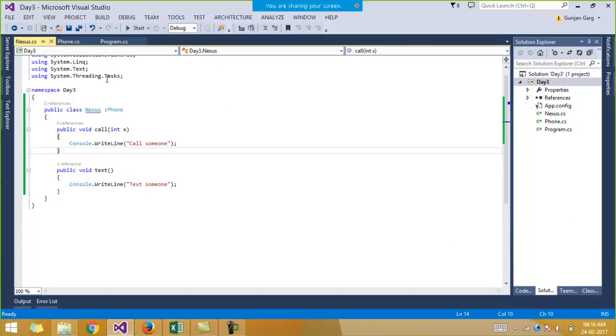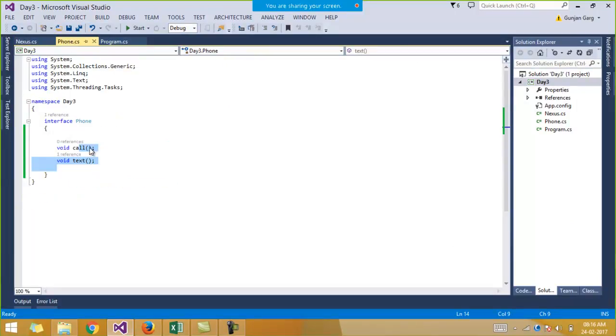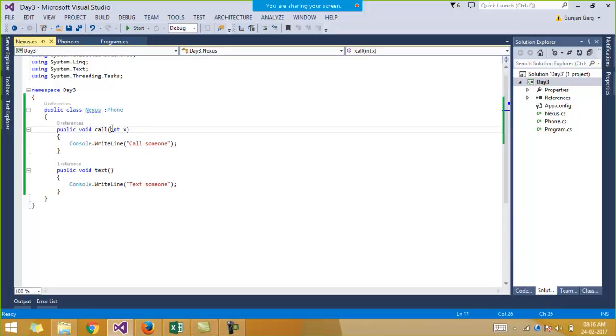Yes, that is, in an interface we have a parameterless call function, and when you are implementing this call function, you are parameterizing it. So here the compiler gets confused about which call function this is, since it is a parameterized function. So there you will get an error. You will have to write your code carefully, checking what all functions are there and whether they are parameterized or parameterless functions. So you'll have to implement the functions in your code accordingly. Okay, so that is again one more property.